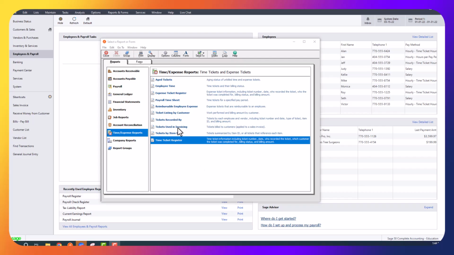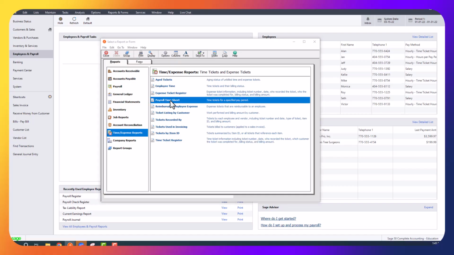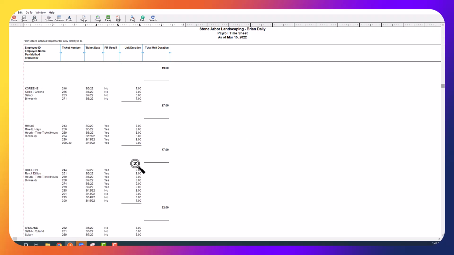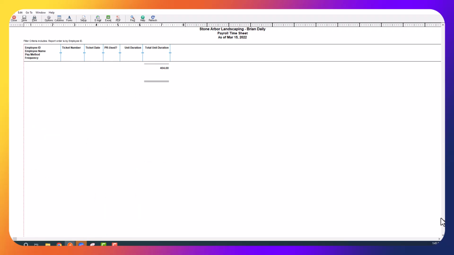And this is going to be a payroll timesheet. So it's in the time and expense reports area, payroll timesheet right here. This payroll timesheet should show as of March 15th, 2022. Make sure yours does. And if we scroll down and find M. Hayes here, we should see those 8 hours related to that time ticket that we entered. And if you scroll all the way down to the bottom, your total hours should match up with mine at 404 hours. If you're getting this to match up, make a PDF of it, and that's the last report that